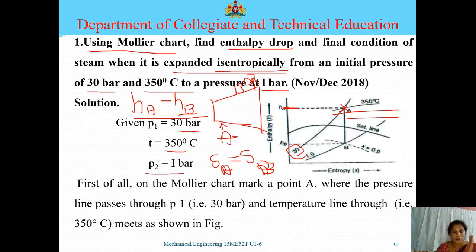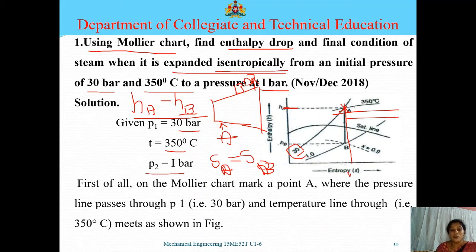Okay. So for that particular reason, from next class you bring the longer scale, that is a 30 centimeter scale. You place the scale at the intersection of A. We know that the entropy is constant, so it's an isentropic process. So keep your scale vertically. In the previous step, to find out HA, we placed the scale horizontally. Now you place your scale vertically in this particular region.